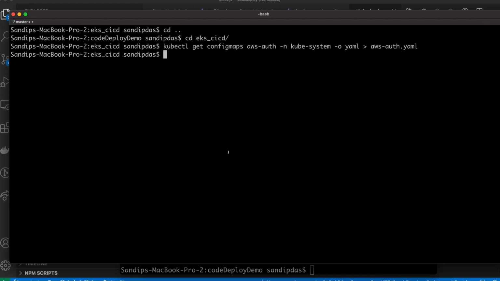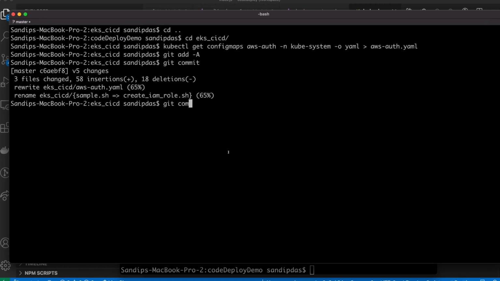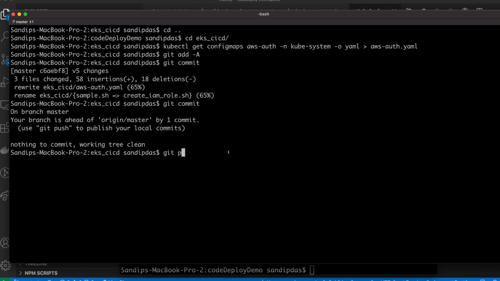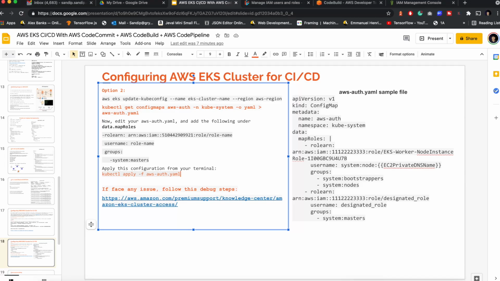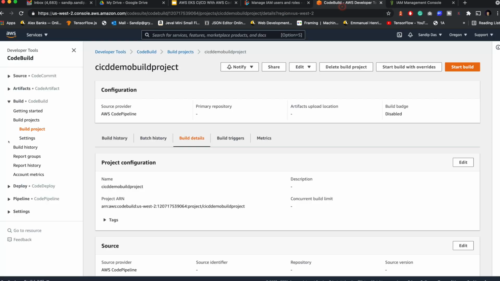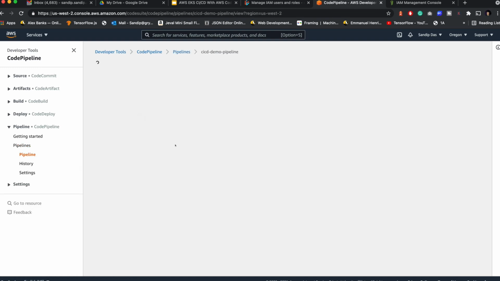And now if we push the change, version 5 changes, origin master, you will see the latest changes will be applied. Let's follow that. So pushed. So if I go to the code pipeline again, you'll see